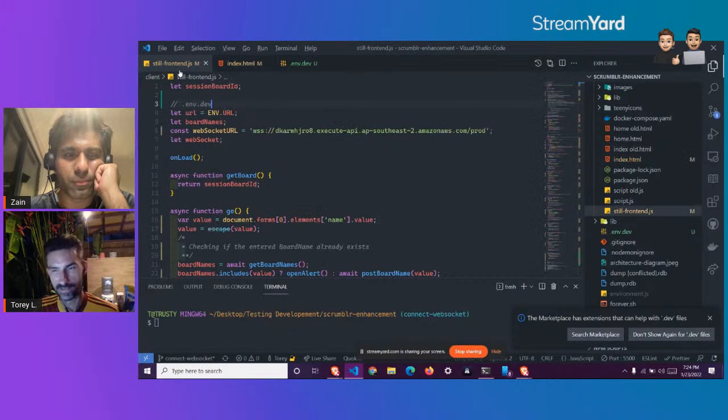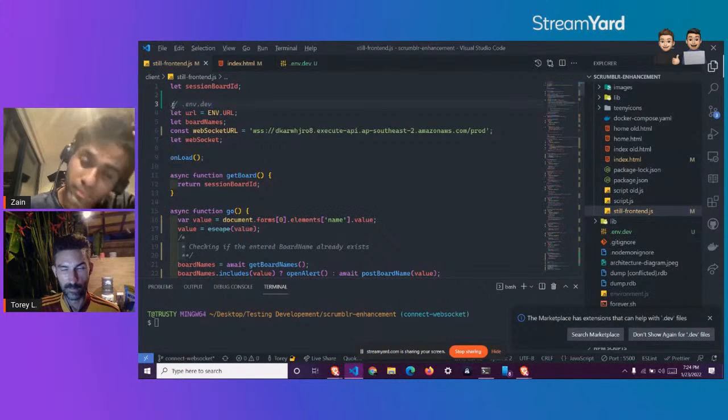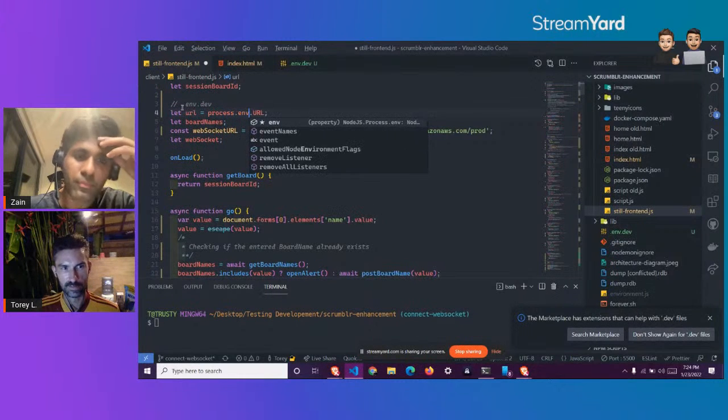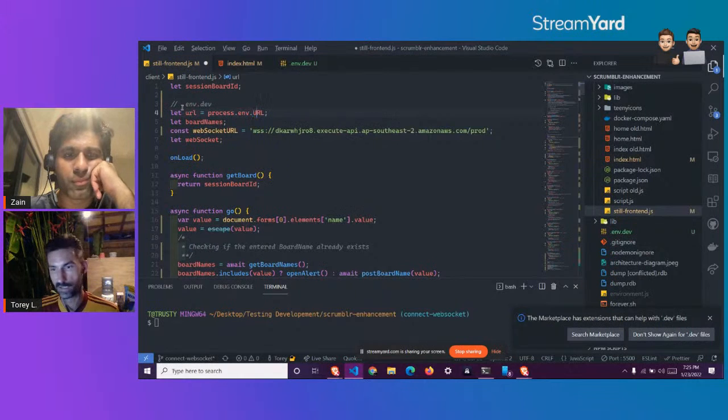Actually, this may not work because usually I use something like a bundler. Maybe it's not going to get injected then. I wonder if live server will do it. So you would do something like process.env, then the name of your file.